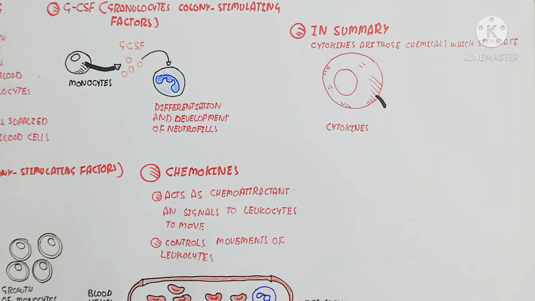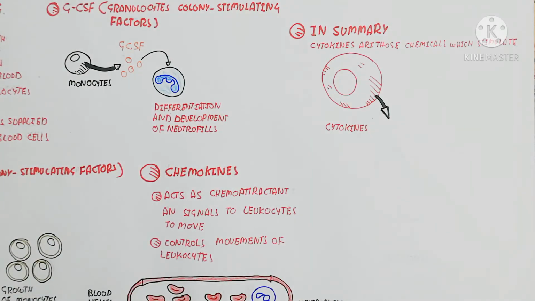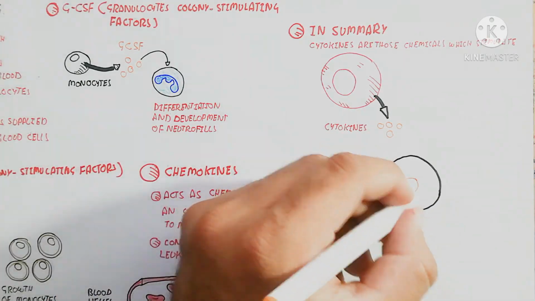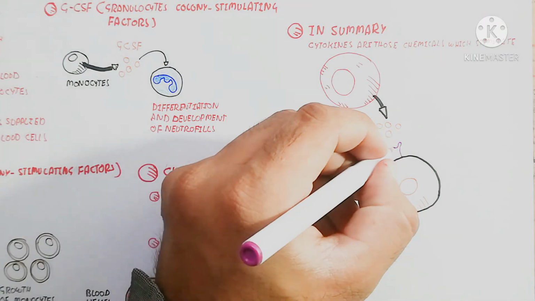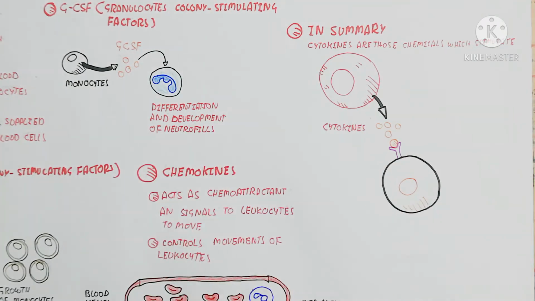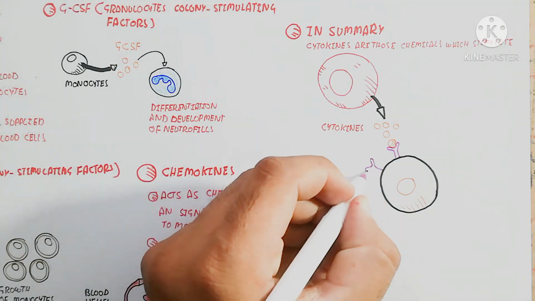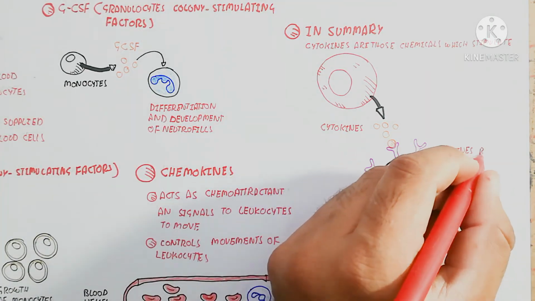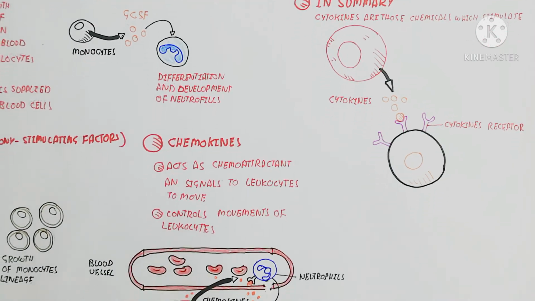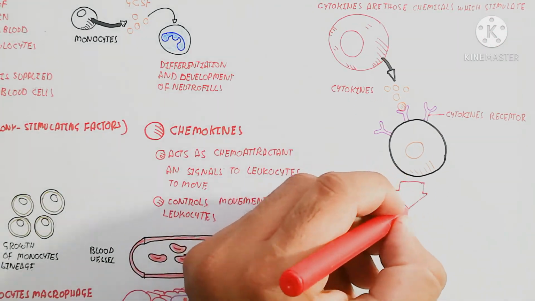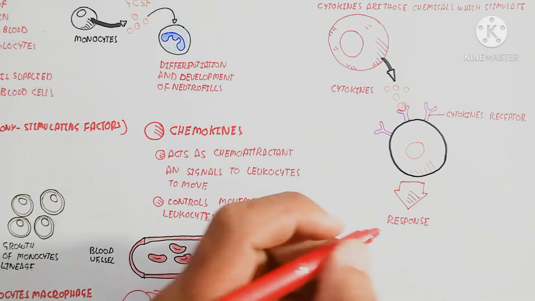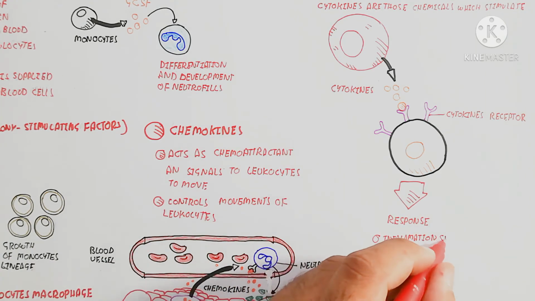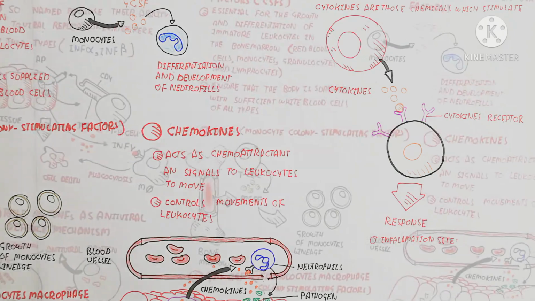And basically a cytokine is a molecule which acts on another cell, either autocrine or paracrine. The cell contains a plasma membrane with a lot of cytokine receptors, which means a small amount of cytokine will create more and more response due to the high number of cytokine receptors, so that you get the response at the inflammation site.